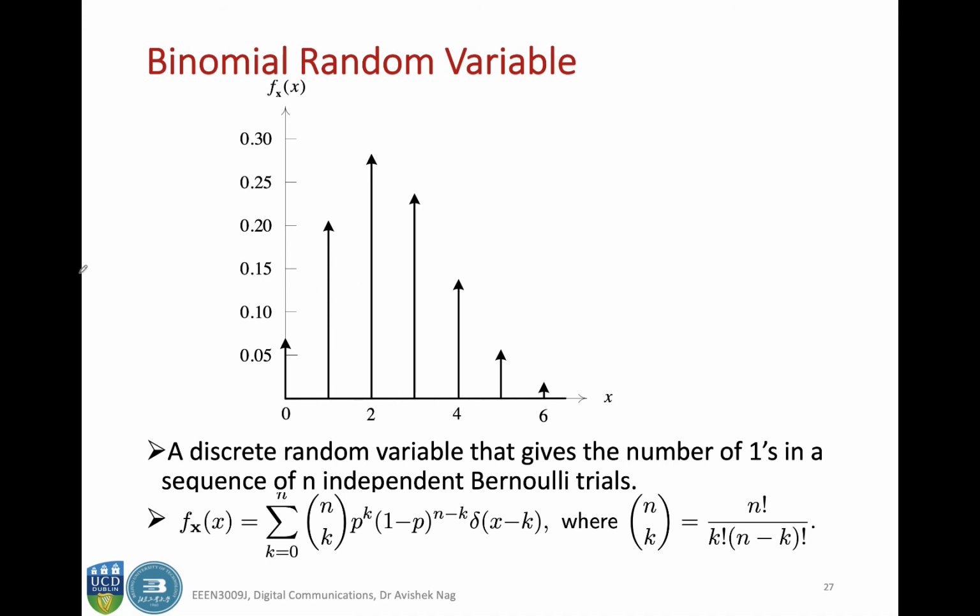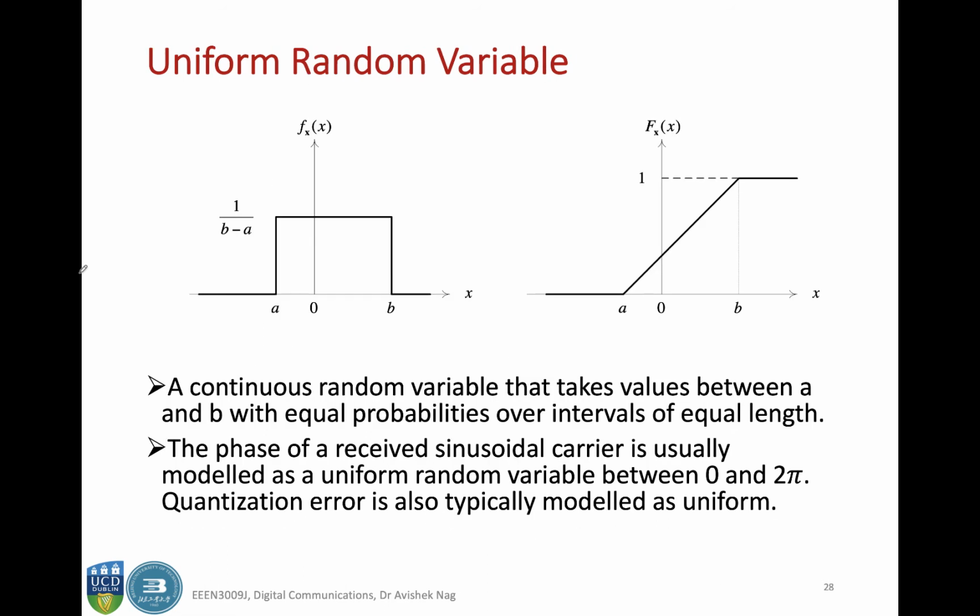So moving on, you have the uniform random variable. This is a continuous random variable, and the PDF in this case can be defined like this. What is the probability that the continuous random variable x takes a value between a and b, and that is given by 1 over b minus a, and this is the corresponding CDF.